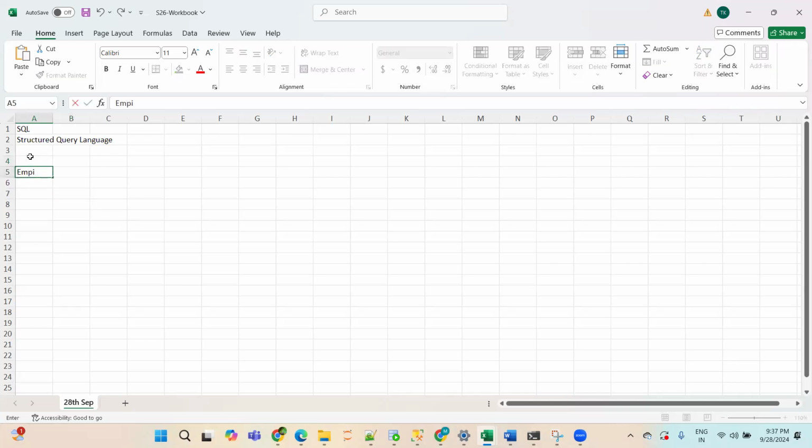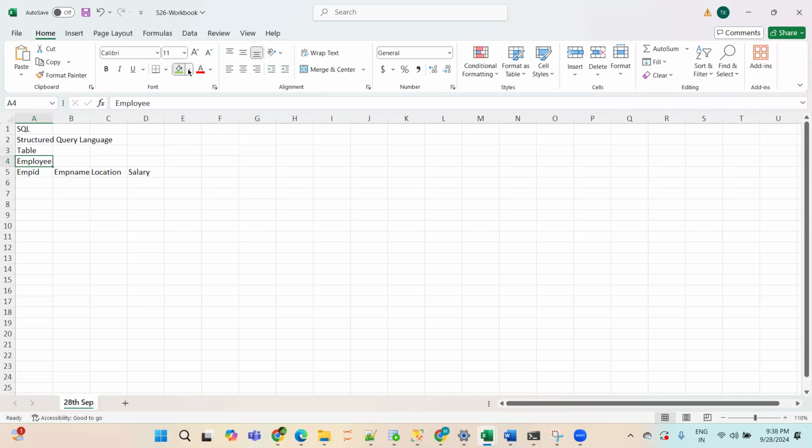Suppose I have data, let's say employee ID, employee name, and location. Very simple data I'm taking. Let's take salary as well. If you're working in any company or on any project, the first task is to store the data, the business transaction data. You have to store it, and then you have to extract the meaningful information your stakeholders are looking for. So whenever you have to store data, we need a table. A table is nothing but something where you can store data.